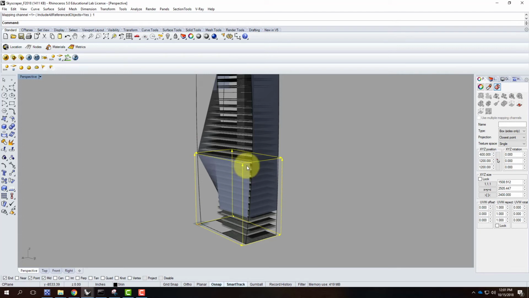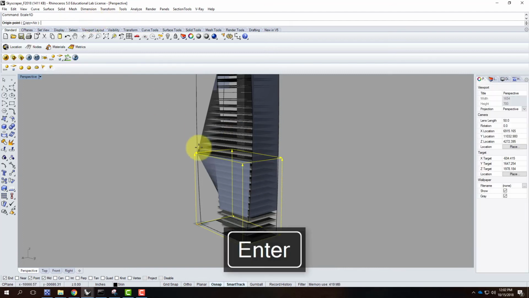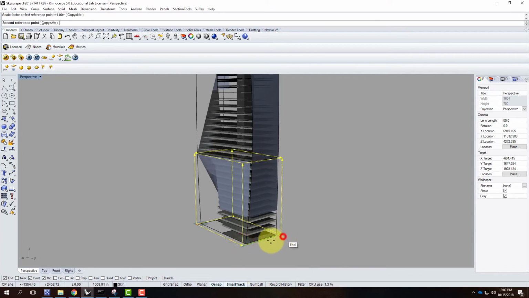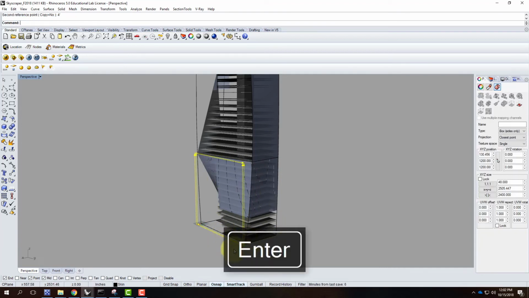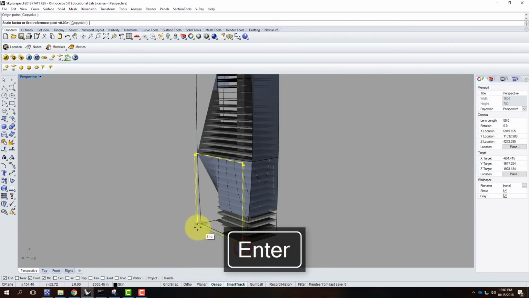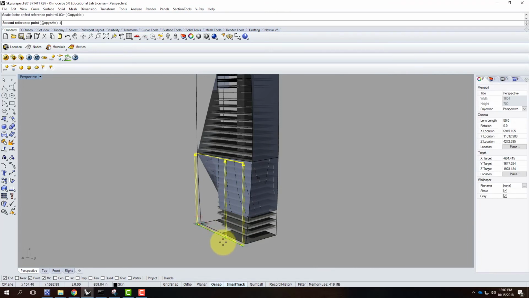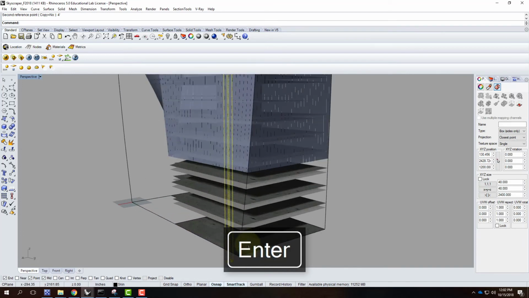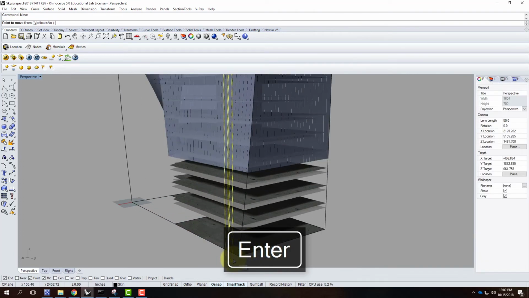This rectangle, and the way that this material works, is representative of a single floor with a single panel of glass. The panel of glass is designed to be 4 feet. So I'm going to do a scale 1D. If I'm in my command line, scale 1D. And I'm going to snap from that to that, and make this smaller until it's at 4 feet. I'm going to scale again from this point to that point, and make this smaller until it's at 4 feet. Then I'm going to move this, V for vertical,